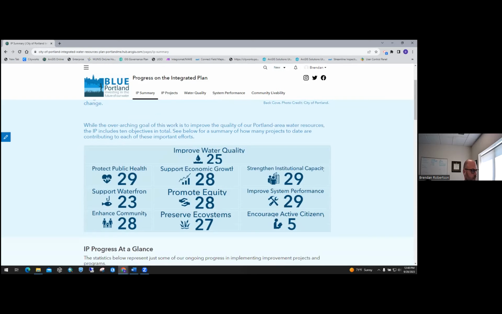So down here we have our 10 objectives and how many of our projects to date are contributing to each of those objectives. So in this little dashboard, it can be seen in another site or another page that we have. But really, we're trying to make people aware of these 10 objectives that we created and how the projects that we're working on, whether it's a sewer separation project or storage project in the city,